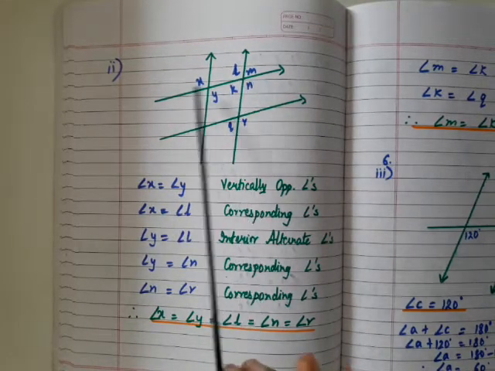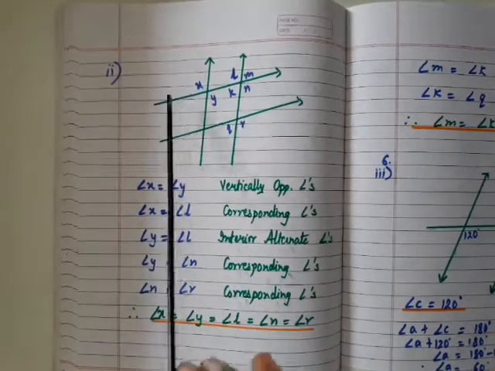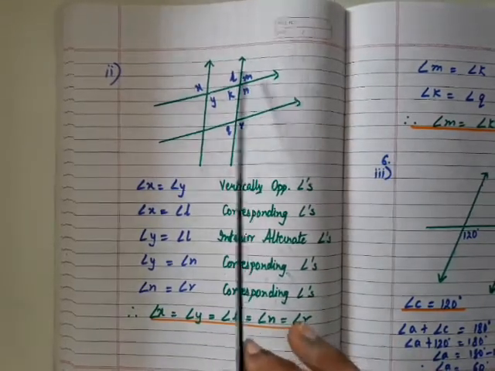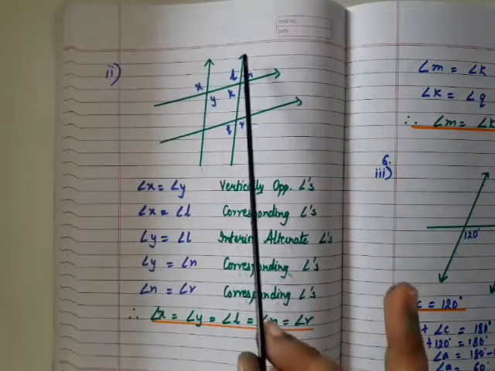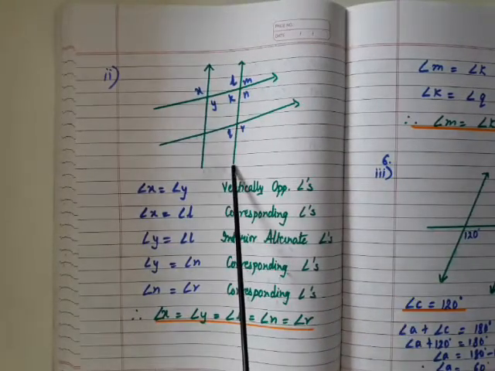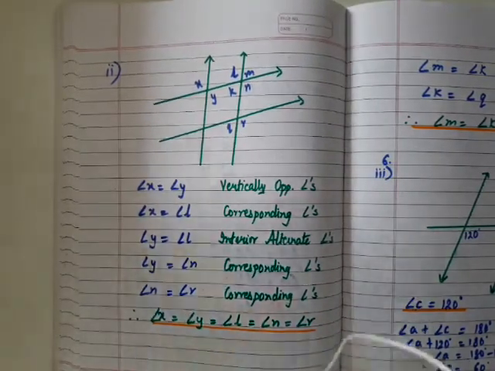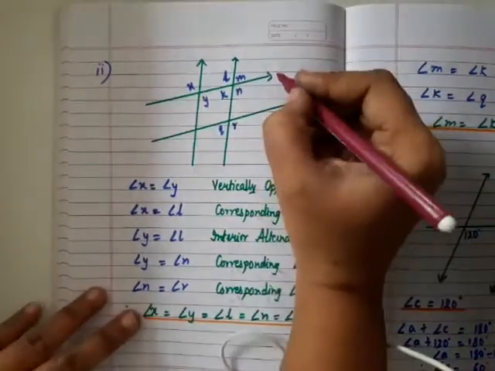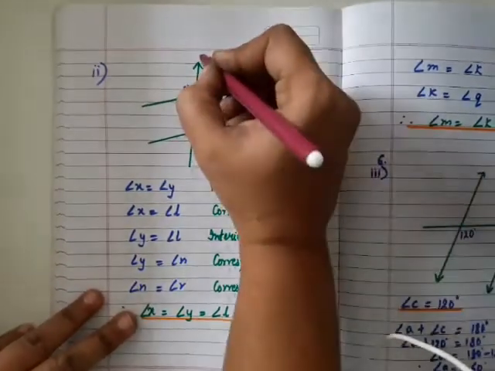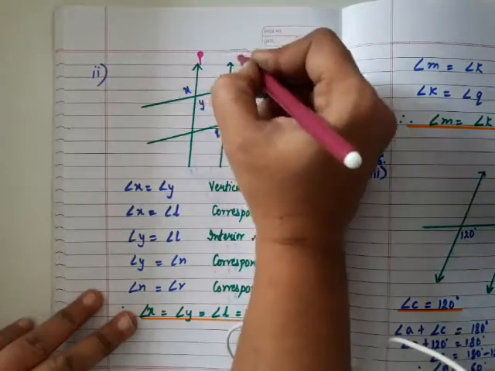If I see now, this line is parallel to this and this is acting as a transversal. Now I am taking these two lines as parallel and this one is acting as a transversal. To make it simpler, if I give the names, in the first, suppose this is L, M, this is P, Q.